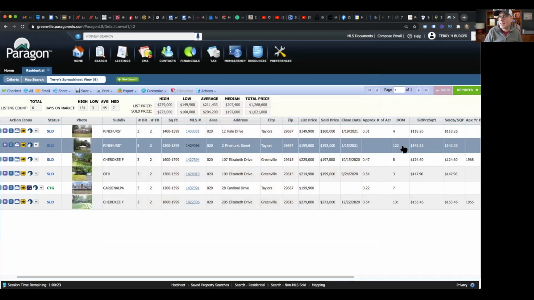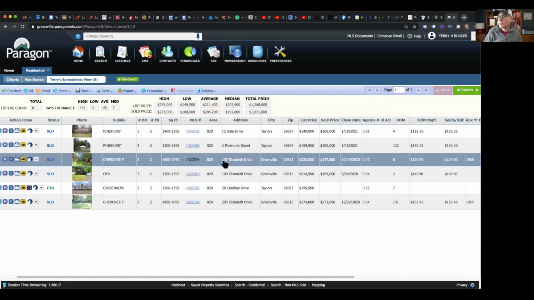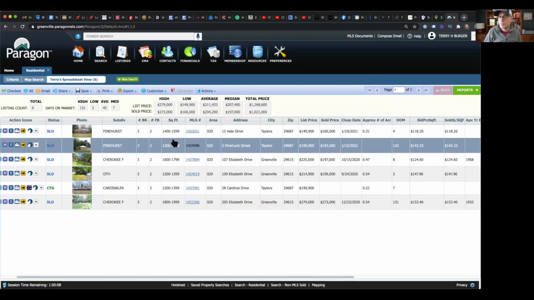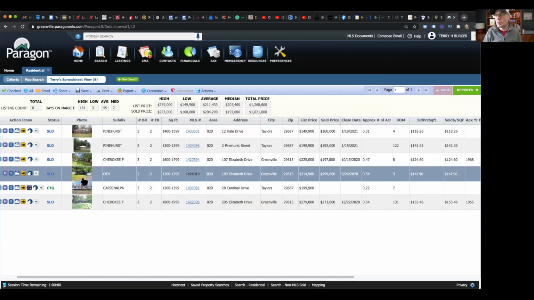So again, you need to ask yourself the question: why did that house on Elizabeth Drive, wait, which one was it? This one down here on Elizabeth Drive sell for $148 a square foot in 3 days versus this one back here that we look at, this investor property, sell in 4 months. That's just really unusual. That normally wouldn't happen. So I'm going to do a couple more little things here before I end this video,